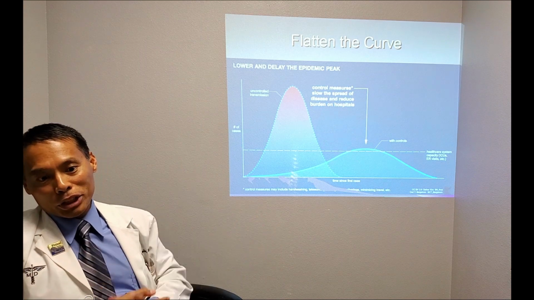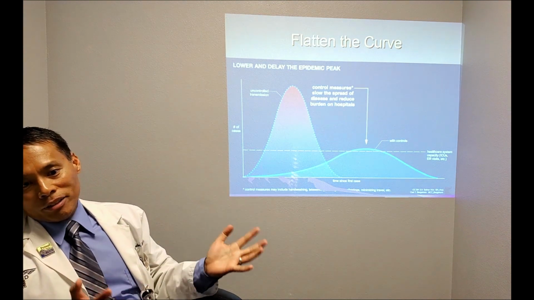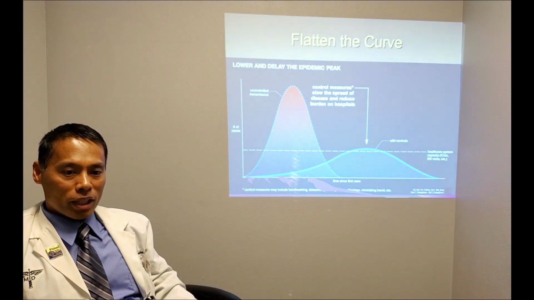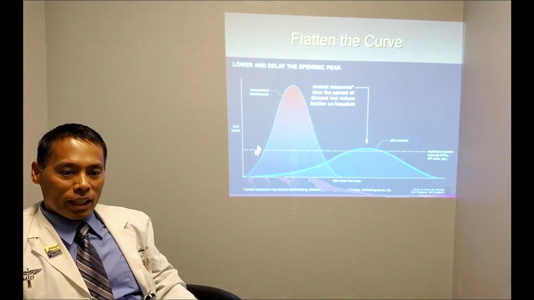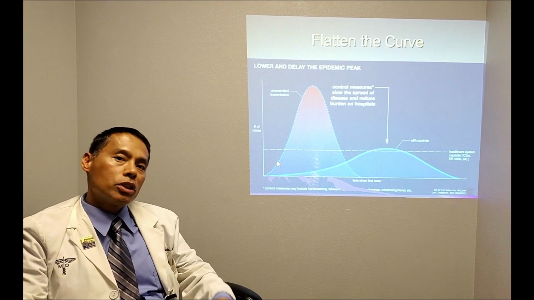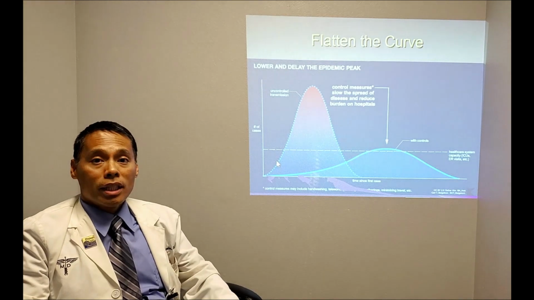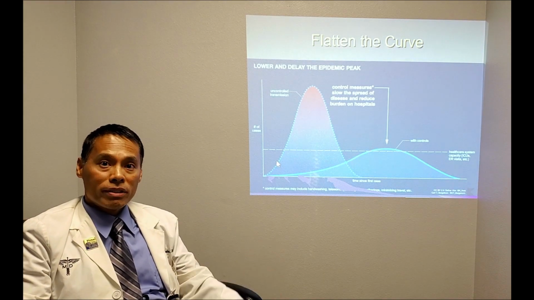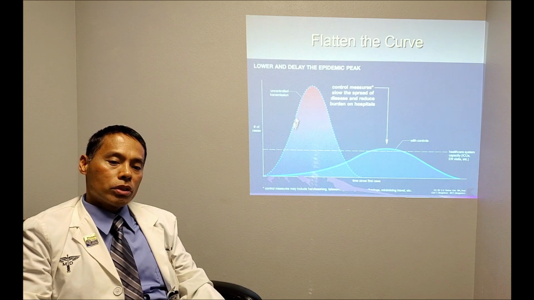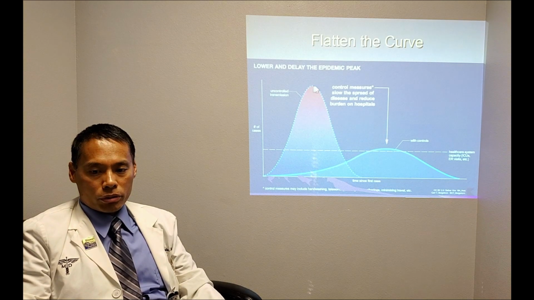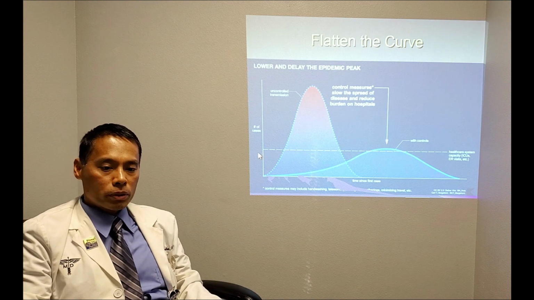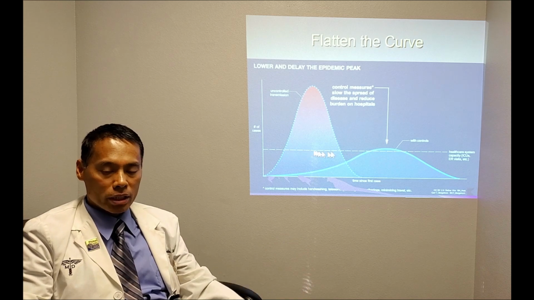Okay, flatten the curve. What does this mean? Well, very simple. The curve that they're referring to, I'm just going to show you right here, is what we would see if we did not do any controls or interventions to reduce the number of infections or the rate of infectivity: a huge, steep surge in the number of infected individuals. Okay? And the problem with this curve is if we can only provide care for, say, this many number of people,